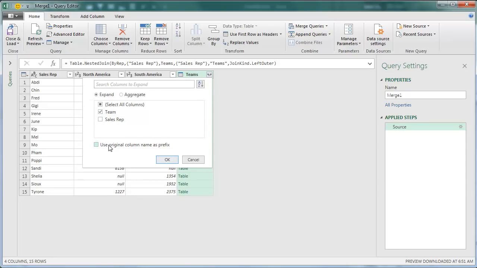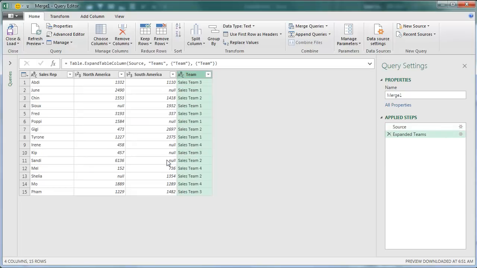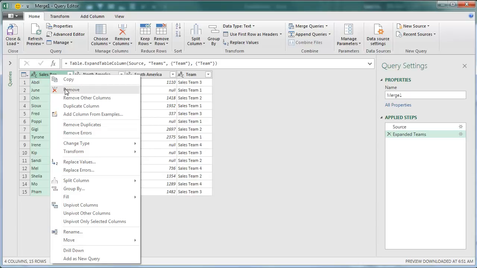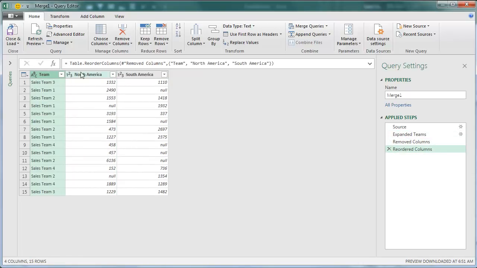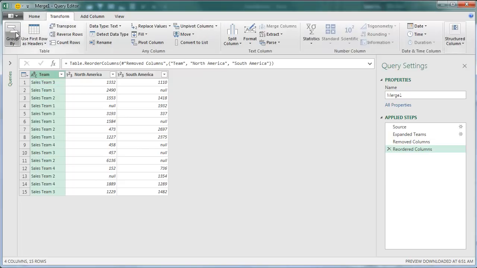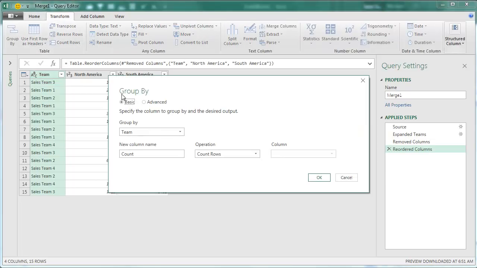I just want to call it team. I don't want to call it teams.team. That would be crazy. All right, at this point, we no longer need the sales rep information. I'll remove that column. I'll take the team and move it over to the left. And then check this out. Group By. We're going to group by the team, and the new